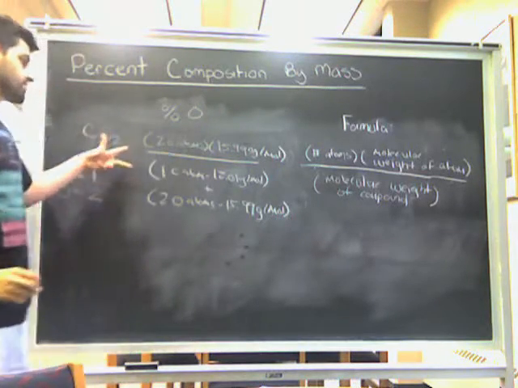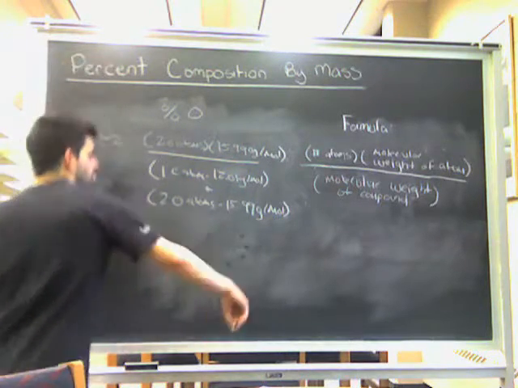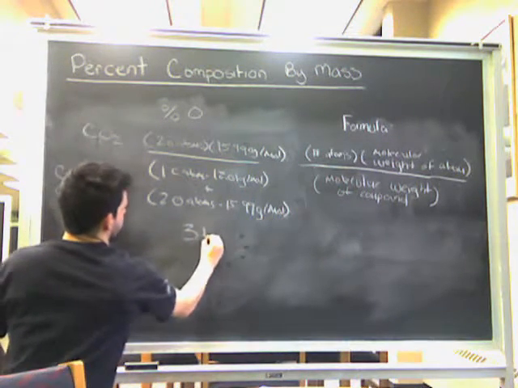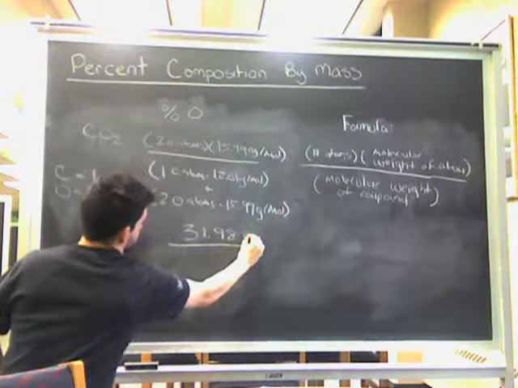Okay, and when you do this, you're going to get 2 times 15.99, which is 31.98 grams per mole,